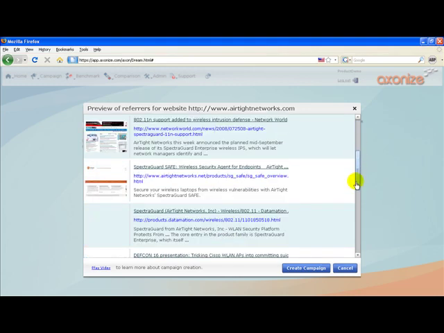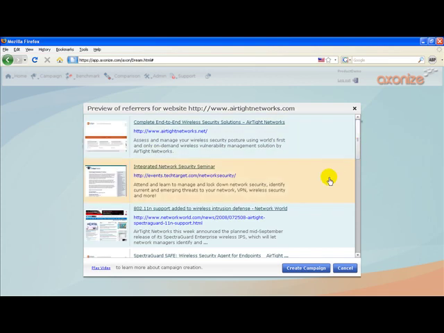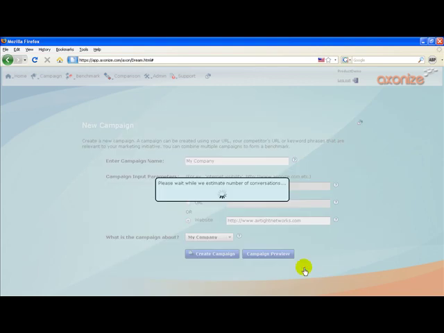If we are happy with the quality of results which are being shown, then we can go ahead and click on the Create Campaign button. Once we click on the Create Campaign button, the Axonize Visibility Manager does a thorough analysis, after which it presents us with the estimated number of results. When we create a website-based campaign, generally, the time for estimation runs through a couple of minutes. In this case, you can actually run the estimation and come back and check in around 5 to 6 minutes.